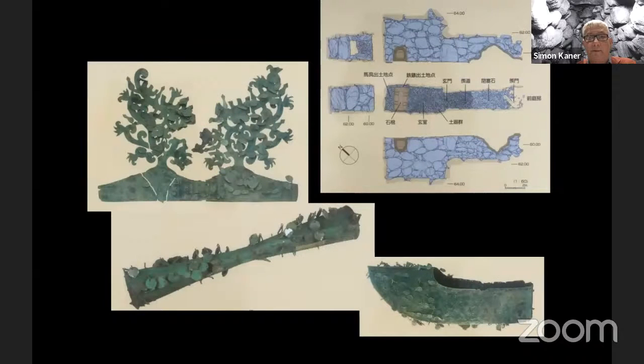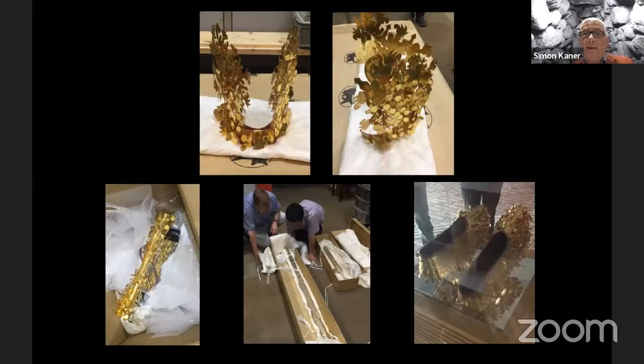Just to give you a little idea of what these things look like, here's some of these crowns, very, very similar to the Korean examples, and these very ornate shoes with gold, gilt bronze, little leaf attachments on them, possibly just for funerary purposes. At the Kashihara Institute, they've produced very high quality recreations of these things, so you really get a much better sense of the splendor of the material culture of this period.